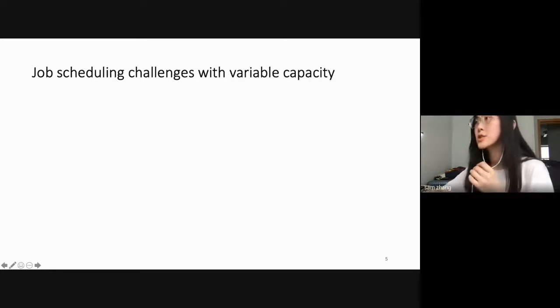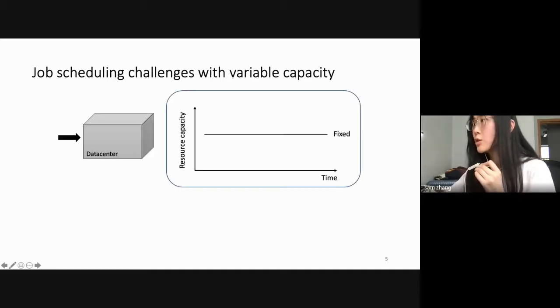So back to the job scheduling challenges with variable capacity. We previously showed that variable capacity could cause performance degradation. So why would that be a challenge in the data center? Assume we have a traditional data center with fixed horizontal resource capacity. And now, if we are shifting from the fixed capacity to the variable capacity case,